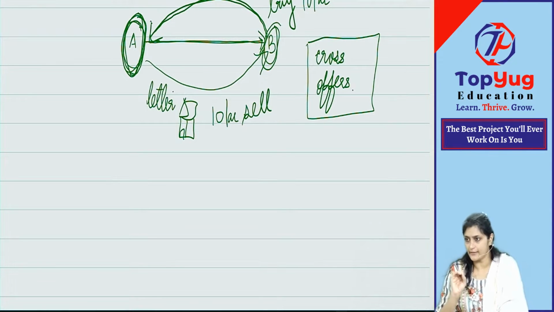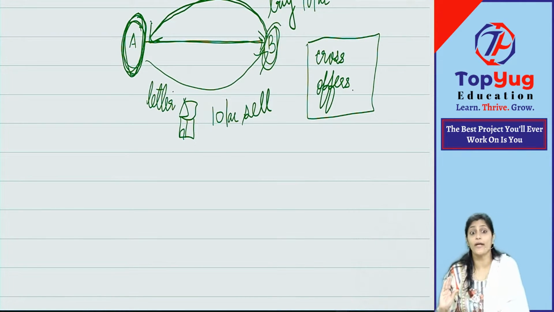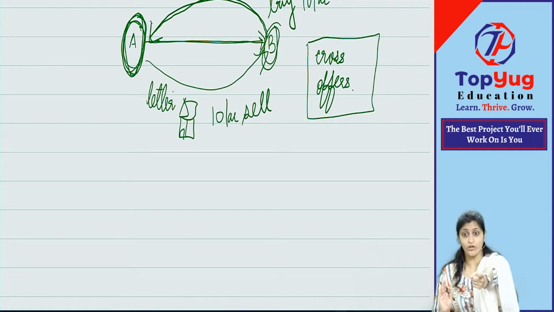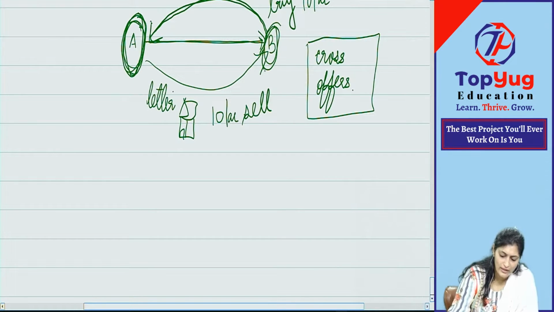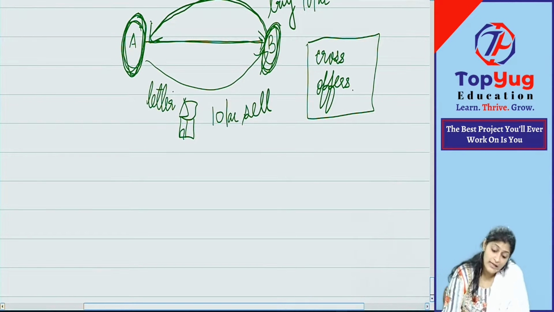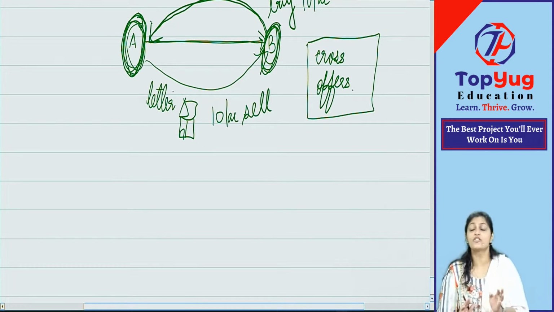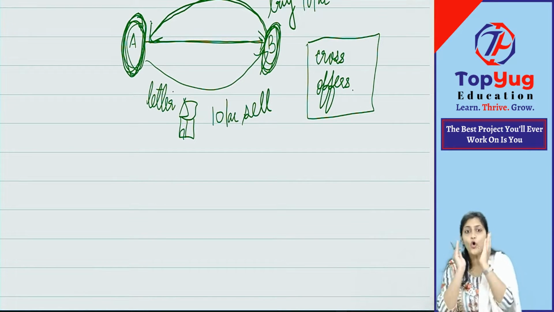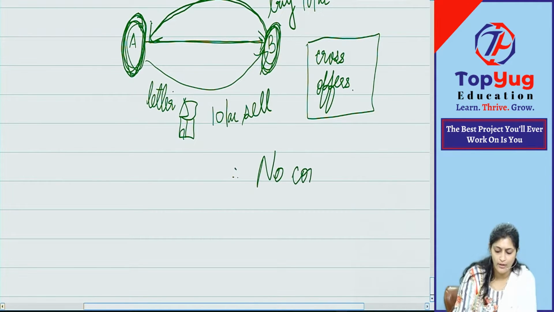The law is telling that here, acceptance cannot happen without knowing the offer. First you should know the offer, then you should say yes to it. But here, did B know about A's offer? Before that only he said yes. Did A know about B's offer? No, before that only he is saying yes. So here the law is saying that these are only offers, there is no acceptance, therefore there is no contract.